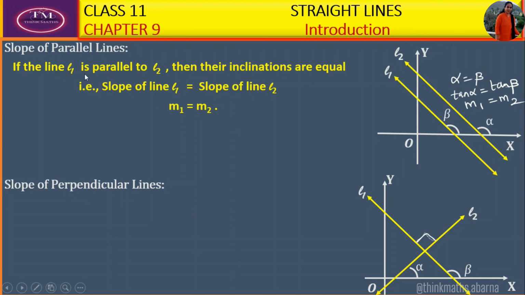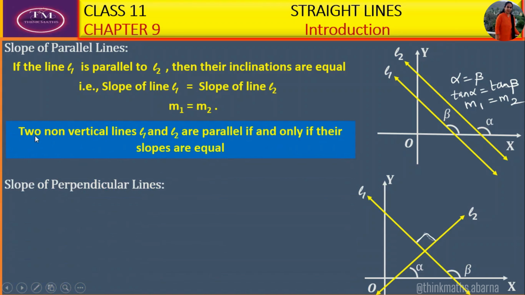So if the line L1 is parallel to L2, then their inclinations, that is alpha and beta, are equal. Therefore, since tan alpha is equal to tan beta, which is the slope, both their slopes will be equal. So we can come to the conclusion that two non-vertical lines... Why do we use the word non-vertical? Because if it is vertical, then it will have the angle as 90°. That's why we use the words: two non-vertical lines L1 and L2 are parallel if and only if their slopes